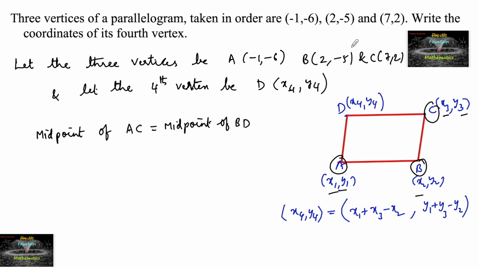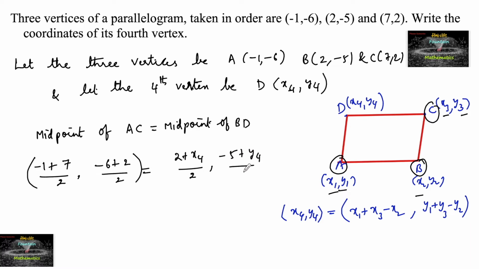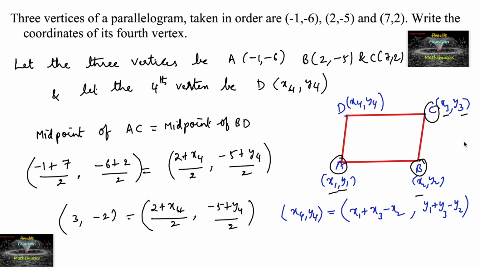So the midpoint of AC is (-1 plus 7 upon 2, -6 plus 2 upon 2), which is equal to the midpoint of BD, (2 plus x4 upon 2, -5 plus y4 upon 2). That is 6 upon 2, which is 3, comma minus 4 upon 2, which is minus 2, equal to (2 plus x4 upon 2, -5 plus y4 upon 2), and on simplifying